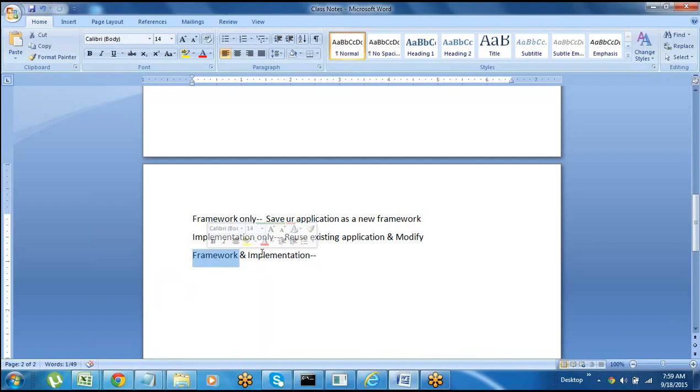If you choose both options, you'll get a framework option and an implementation option. You can do both things. If you want to use any framework, you can use it. Framework means your application will be saved as a framework. And implementation means you can also choose any existing frameworks from the Pega systems. Normally all your applications will be designed in both options, framework and implementation. Don't get confused. Everything will be configured in the backend for you.